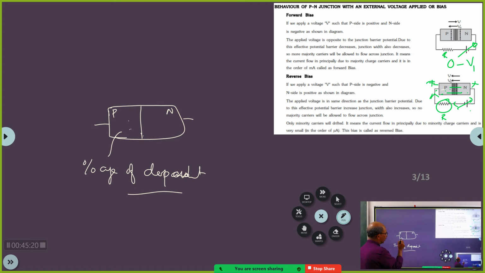Now you see, if you have doped it very heavily, then the depletion layer will be very, very small. Yesterday we have discussed this. Yes, sir. The depletion layer will be very, very narrow. Therefore, if you dope it very heavily, the depletion layer will be very narrow. And as a consequence, when you reverse bias this,